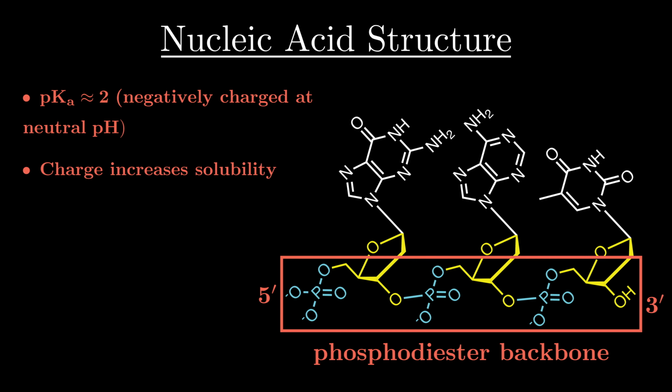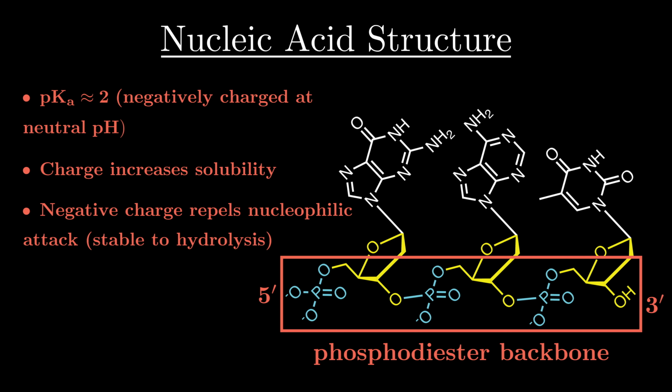This strong charge increases the solubility of DNA, which helps proteins interact with it. The negative charge also repels nucleophiles, which are often also negatively charged. Another way of saying this is that the phosphodiester backbone is stable to hydrolysis, meaning breakdown by water. In water there is also a certain amount of OH- ions, and they can attack things with some of their negatively charged electrons. But when the backbone is strongly negatively charged, this will be prevented because negative charges repel other negative charges. This stability is important because we want our genetic information to stay safe, and we don't want it